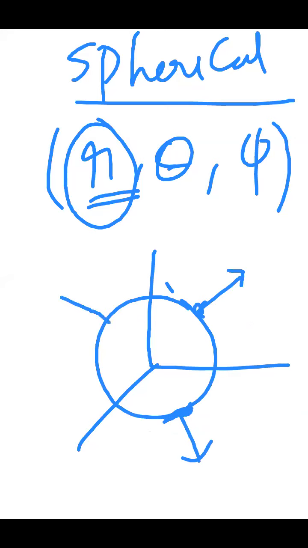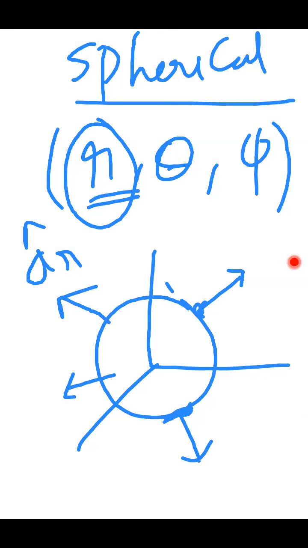If you are here, your vector has to be like this. So what is this? This is AR cap, the unit vector in the radial direction. What is AR cap? It is a vector in the increasing direction of R. If you go in this direction, definitely R will increase. The radially increasing direction of R is called the AR unit vector.